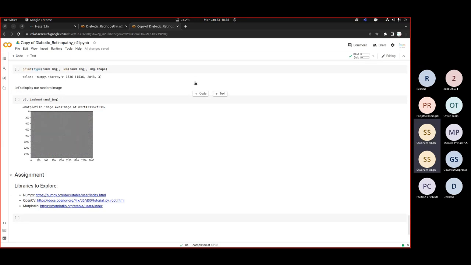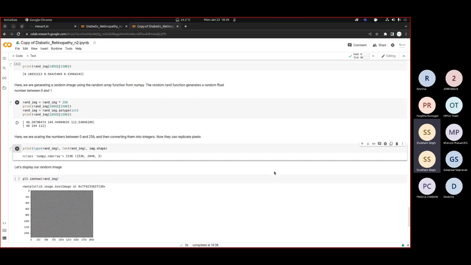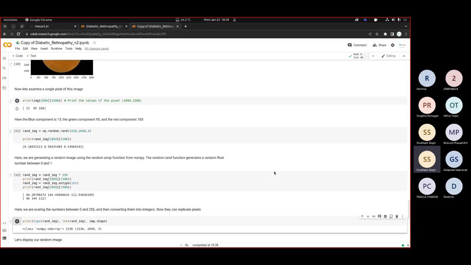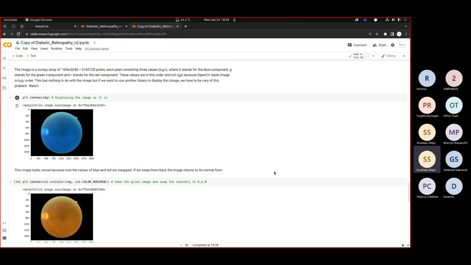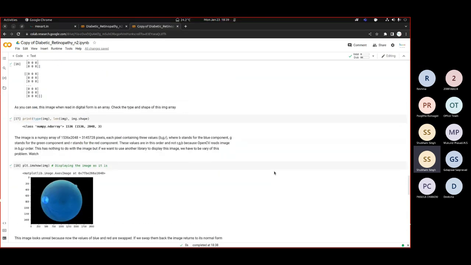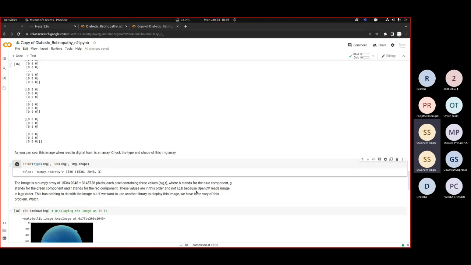Oh, yeah, go ahead and execute this cell. Yes. Print type random image, length random image. This one. Okay, now if you scroll up and you see when we checked the image shape, go ahead, keep scrolling up. Here. Now here, you see that we check the shape, the type, and the length of the